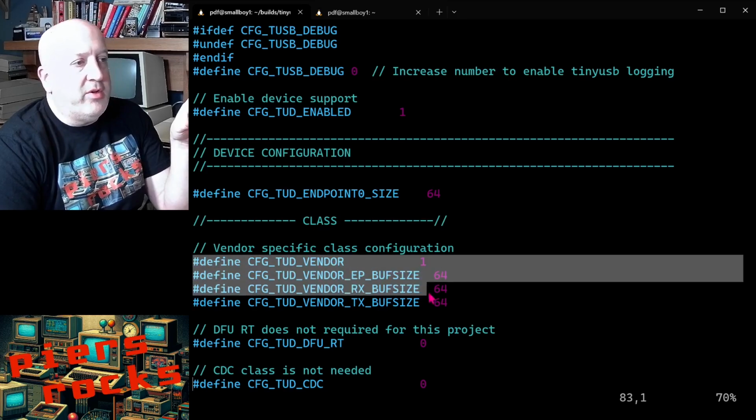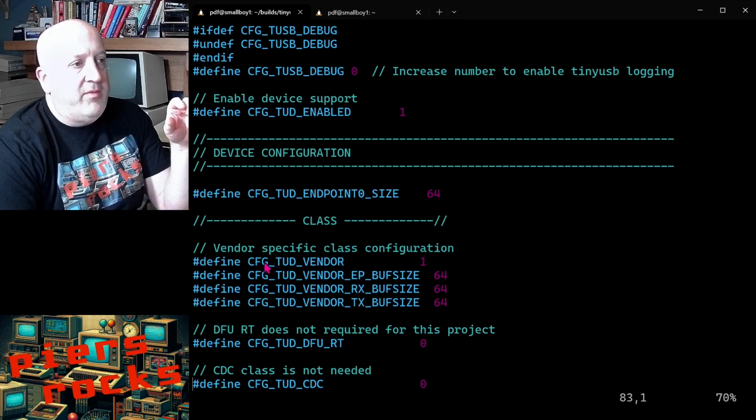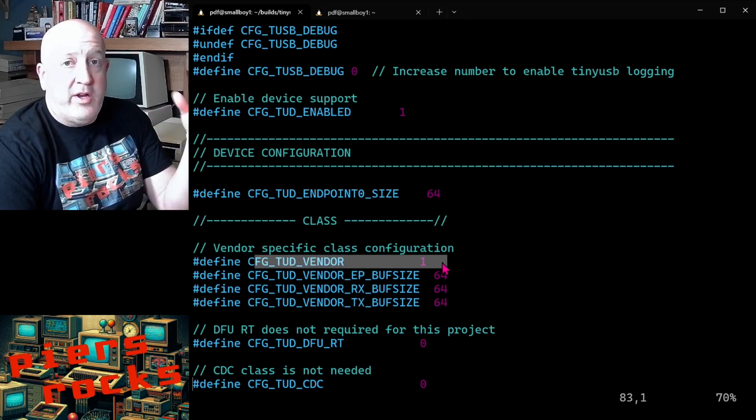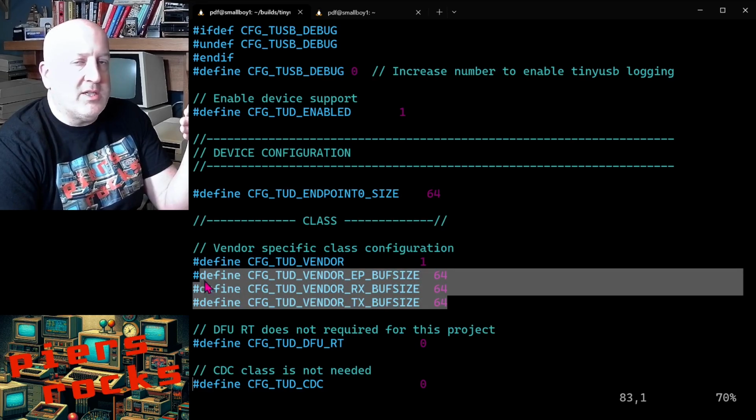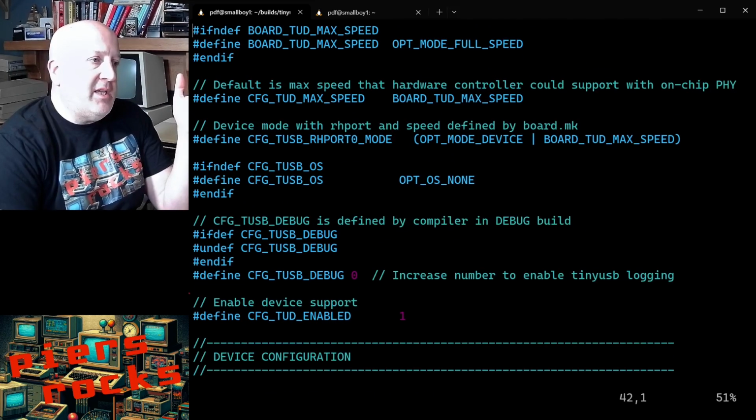Second thing that's really important are these vendor configuration settings. You need to have CFG_TUD_VENDOR set to 1, so TinyUSB knows you want to have a vendor implementation, and then you need to set some buffer sizes to allow the communication to and from your implementation to work over the USB bus. And then the final thing just to flag is that there is a debug setting here,